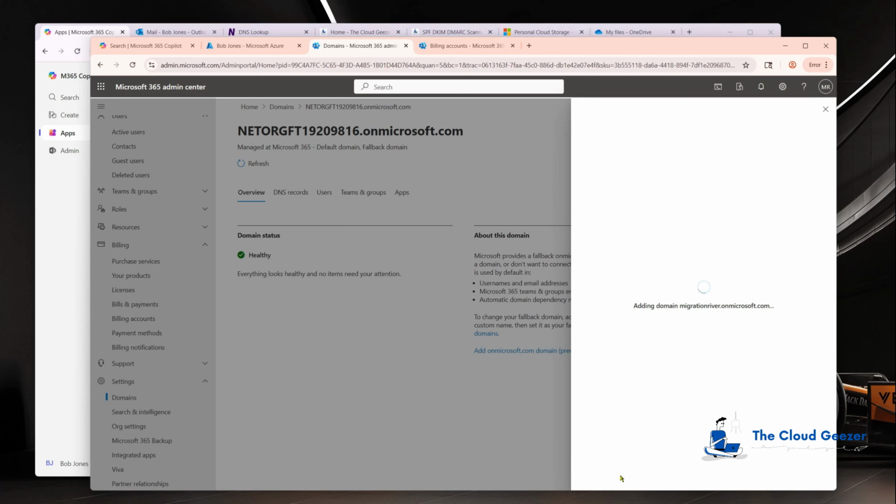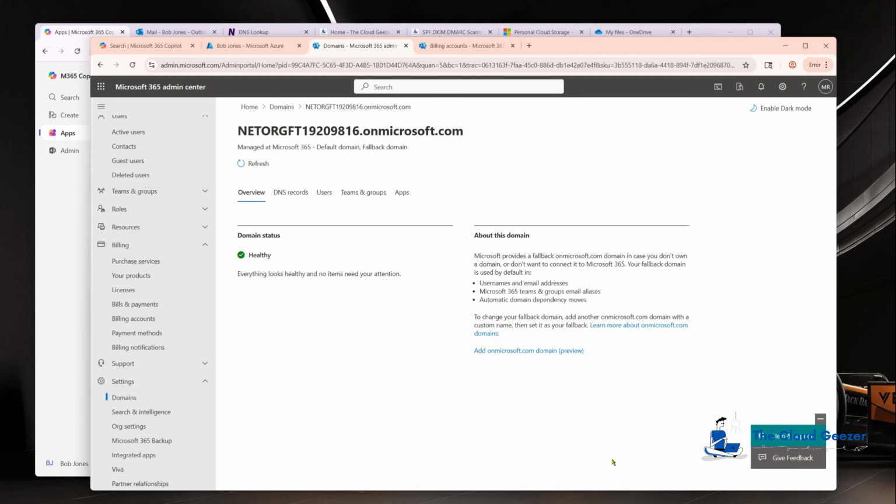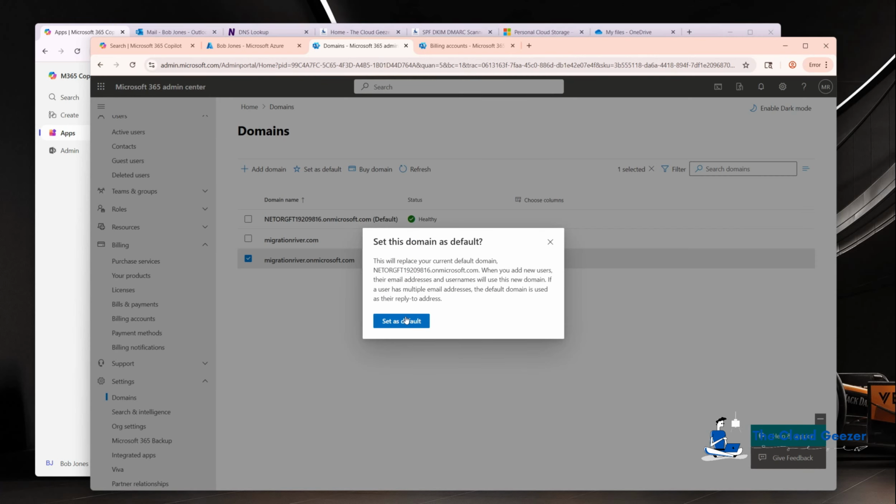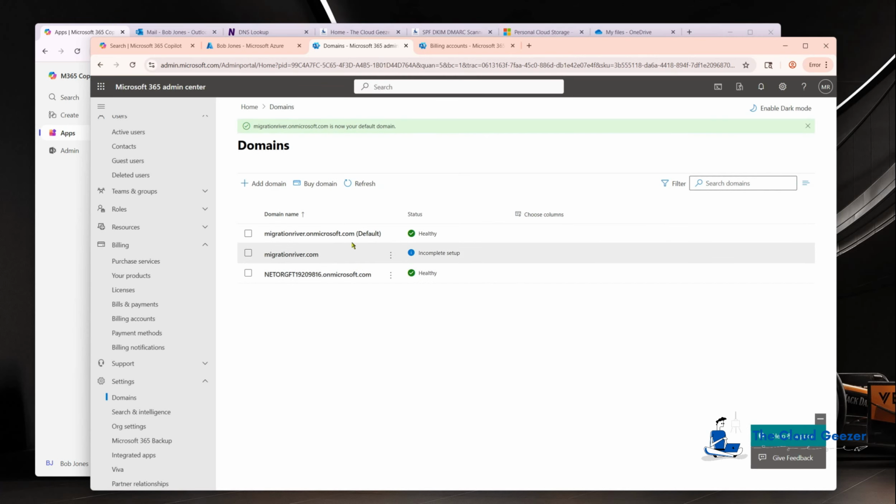So we're going to add that domain, migrationriver.onmicrosoft.com, and we will let that add in. There we go. If I just go back to domains, we should see this one here. Now I'm going to make that as well. I'm going to set that as the default just for now. I want to take it away from this guy right here. Now that doesn't do anything in terms of changing from here. It just means that